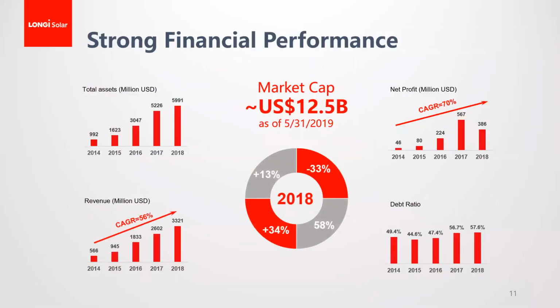All these are realized through consistent investment in R&D. And we also have demonstrated very strong financial performance. Our average revenue growth rate for the last 5 years is more than 50%. Our net profit on average grew more than 70% in the last few years. And while we expand aggressively, we are also conscious about our balance sheet. So we always maintain a decent debt ratio between 50 and 60% consistently, which is not very common actually among